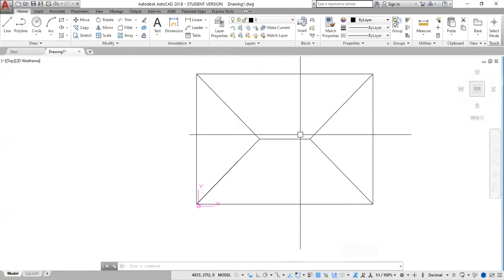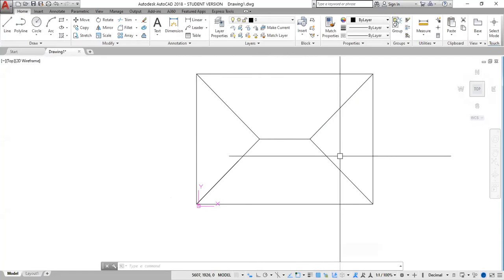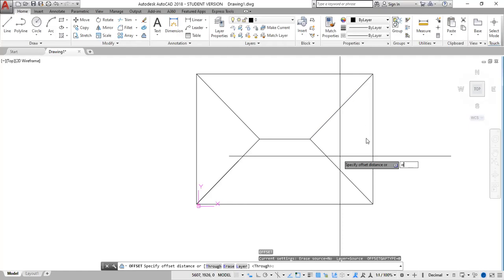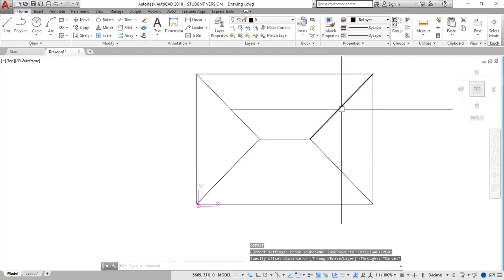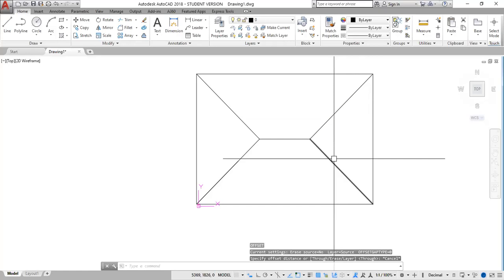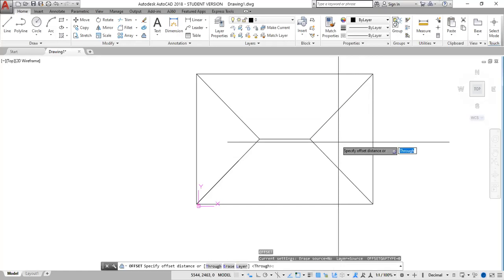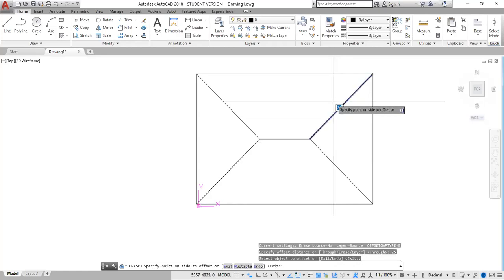No, I'm not going to use any thickness on this, all right? For now, well, probably I should. So offset, O, enter. Offset distance: if the thickness of the rafter should be 50, the offset distance must be half of that, which is 25. 2, 5, enter. Select here, there,